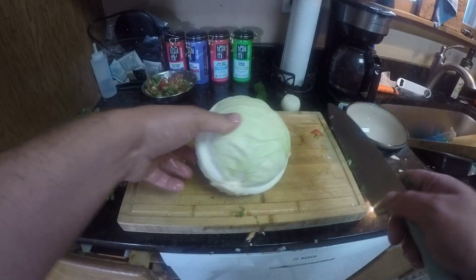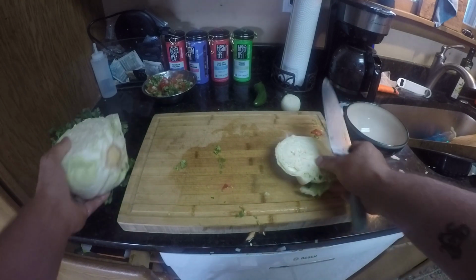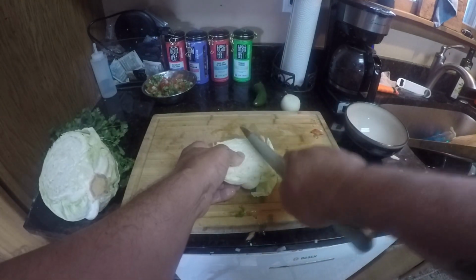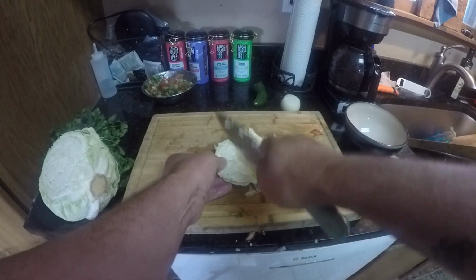Alright, got a second bowl out here. We're gonna cut up some cabbage in there. You can use lettuce if you want, but whenever I've had fish tacos at a Mexican restaurant, they've always given me